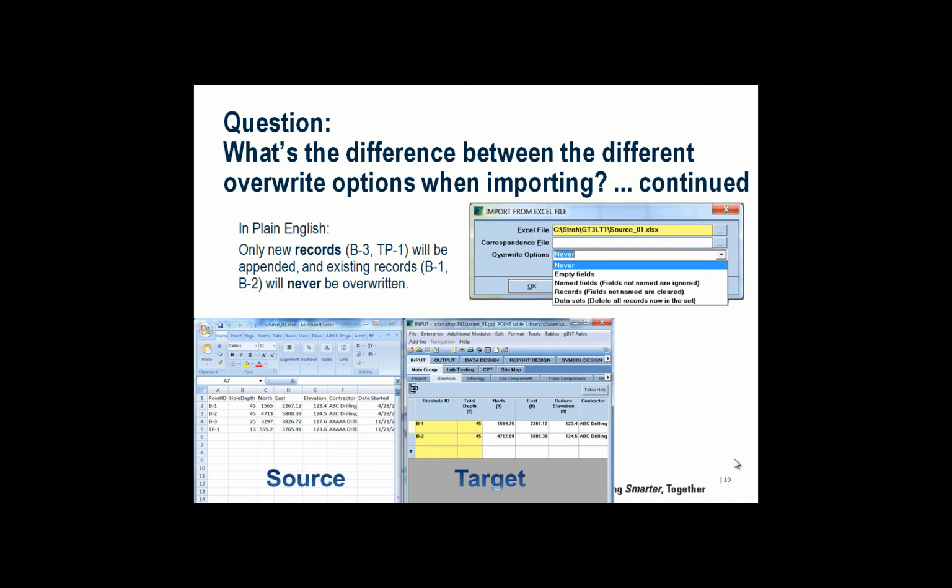So we have 4 boreholes, and we are looking at a point table in both files. The point table shown on the left-hand side in the source file has 4 locations, B1 through B3 and TP1. And in the target file, we have B1 and B2 only. So basically, there are two existing records, B1 and B2, and